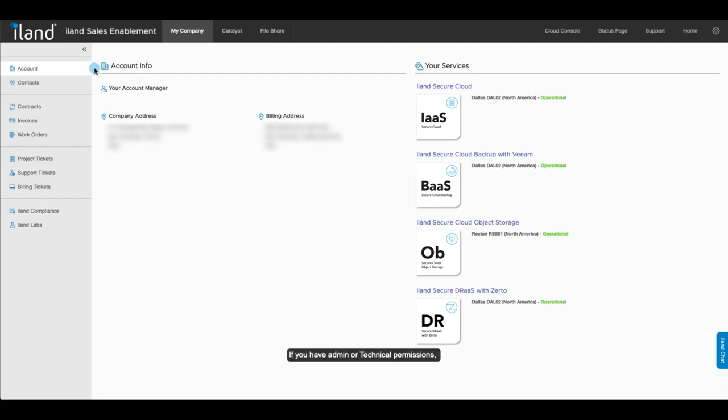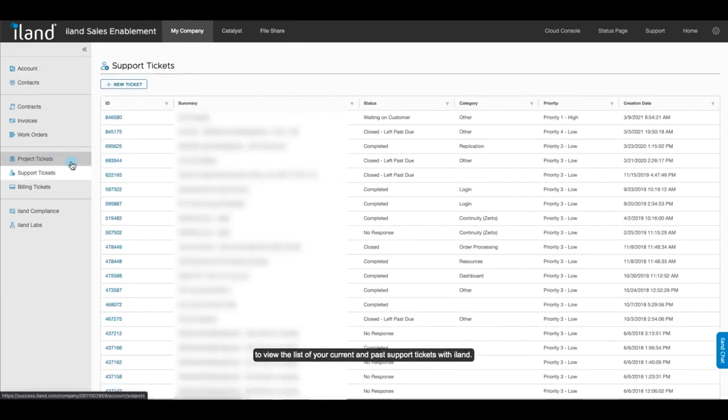If you have admin or technical permissions, Success Center is just one more way that you are able to stay in contact with our support team to get the assistance that you need. Click on Support Tickets on the left-hand navigation bar to view the list of your current and past support tickets with iLand. Within this page, you are able to see the summary, status, category, priority level, and date of creation